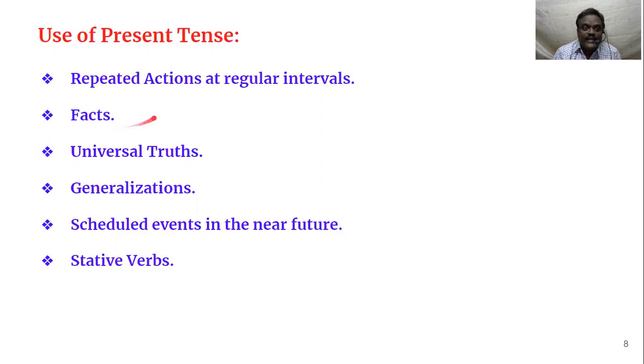They can be facts. For example, repeated actions. Let me give an example. I brush my teeth every day. From when? I don't know. I don't remember actually. Since my birth. And till when I will do, I don't know. How many years I will live, I don't know. Till then, I'll be brushing. I brush my teeth. I take bath every day.